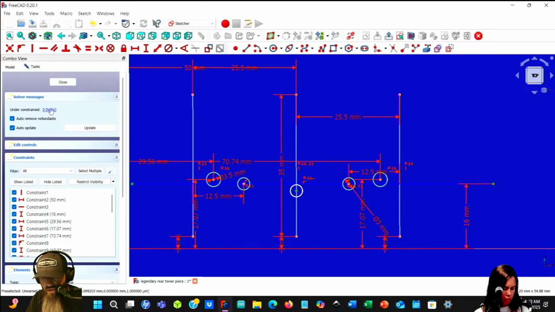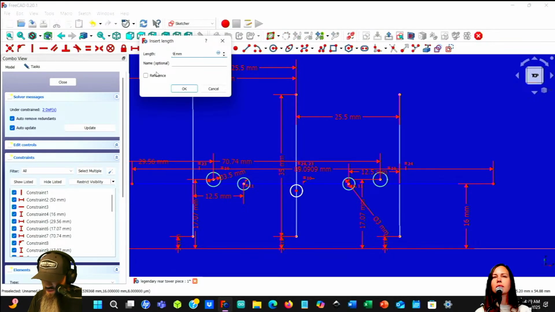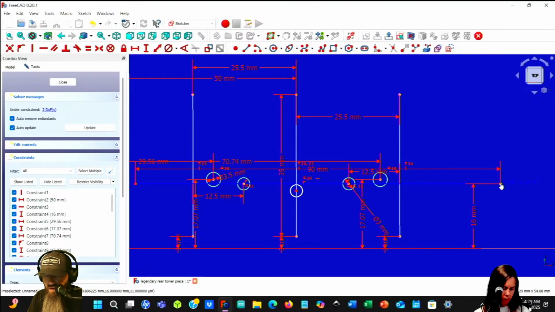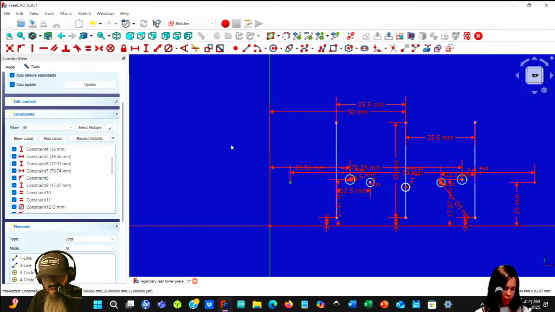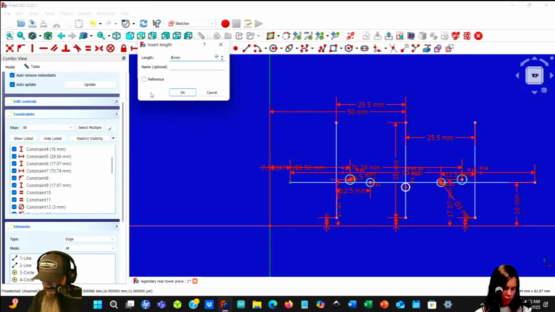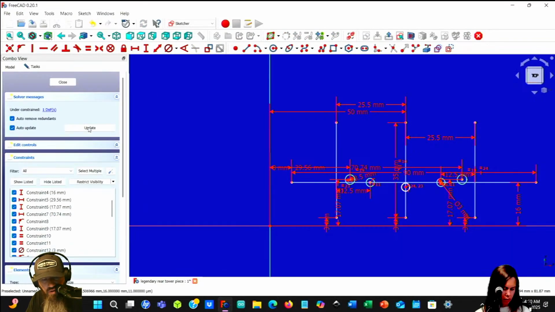Okay, we still have 3. There's one here. And I can't really see the others. That shouldn't move. That shouldn't move. Can't move that. Can't move that. Oh, it's these. So we can make this a certain length. And then we can still move it back and forth. So then constrain it from here to here, at whatever. And now we're down to 1, which is this one here. And I don't know how to figure that out.